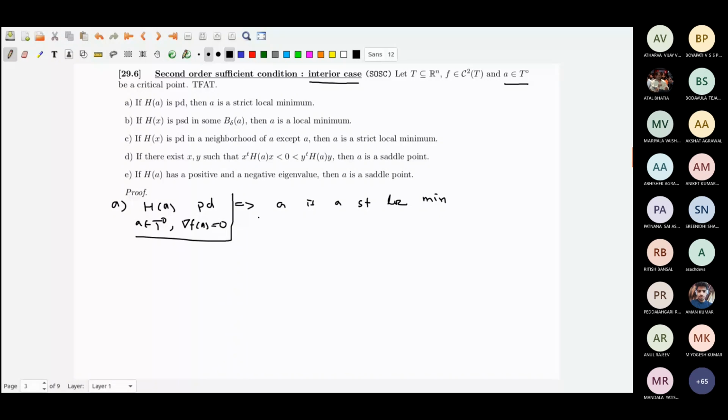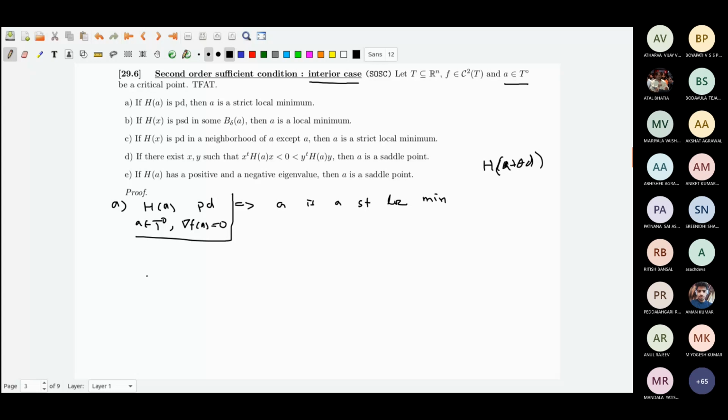What are we talking about now? I am talking about the second order sufficient condition, talking about HA. I want to apply Taylor's theorem. I must apply Taylor's theorem 1, because Taylor's theorem 2 talks about HA plus theta d. It does not talk about HA. Only Taylor's theorem 1 talks about HA plus a remainder term. So let me write.